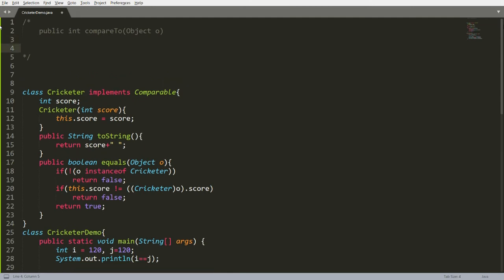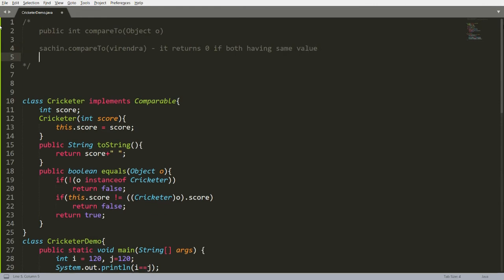For example, suppose you write Sachin.compareTo(Virendra). If both have the same score, then it returns 0. It returns 0 if both have the same value.